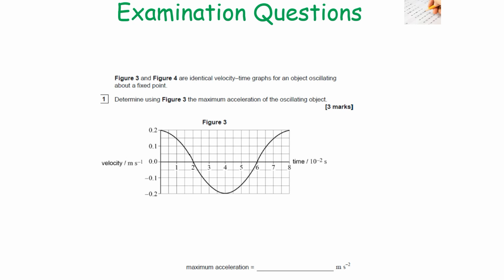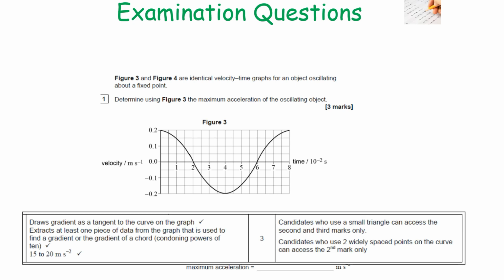Right, so how do you answer this question? Well, you've got to be aware that the gradient of a velocity time graph is the acceleration, but you've got a curve. So how can you work out the gradient of a curve? So what you would do is draw a gradient, by drawing a tangent to the curve on the graph. Then you can use this gradient of the tangent to then work out your acceleration. Now again, you want to do your maximum acceleration, so you're looking at where the gradient is the highest, so where the line is at its steepest, and you should be getting between an answer of 15 to 20